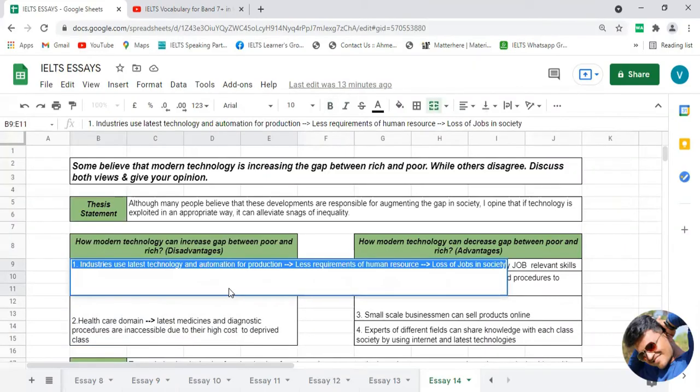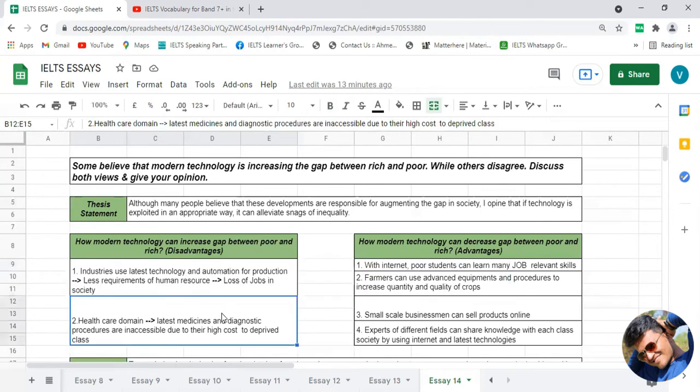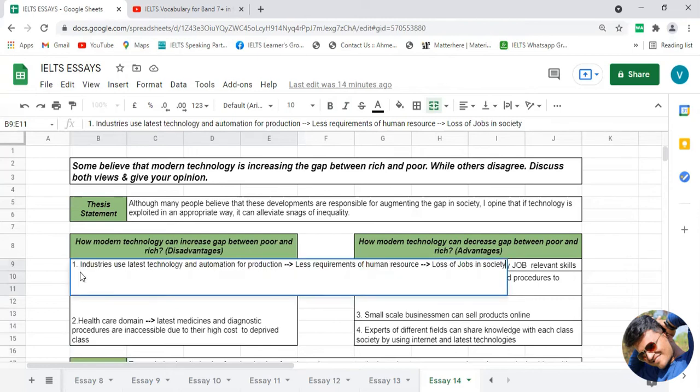Let's start with point number 1, friends. Okay, I am going to explain these 2 points from the perspective of two different things. The first point is somehow relevant to the industry, and the second point is somehow relevant to the healthcare domain. So if I talk from the perspective of industries, nowadays most of the industry prefers